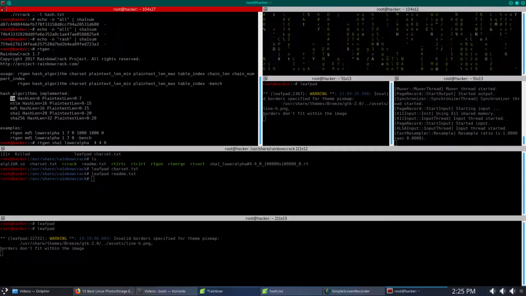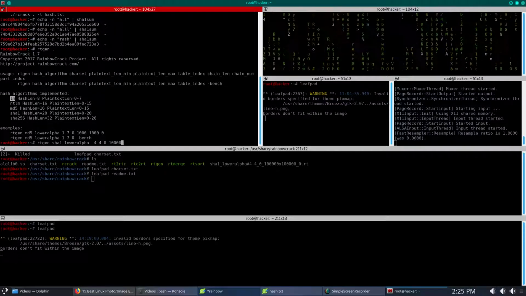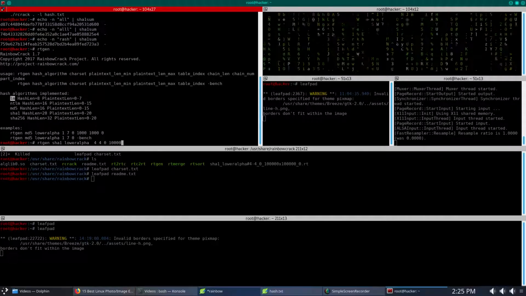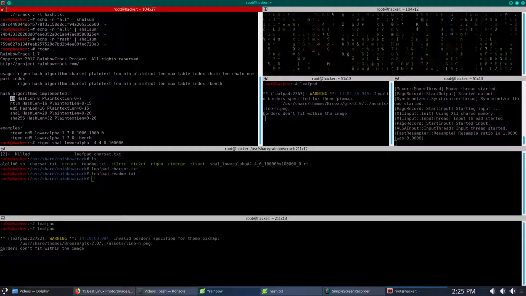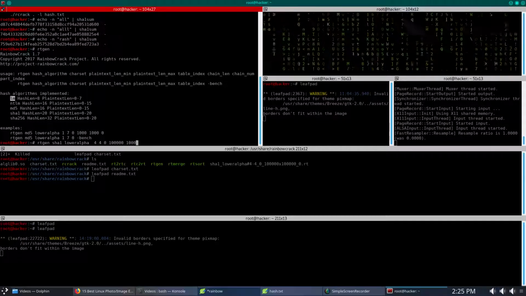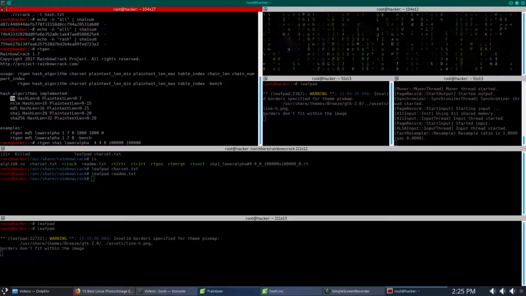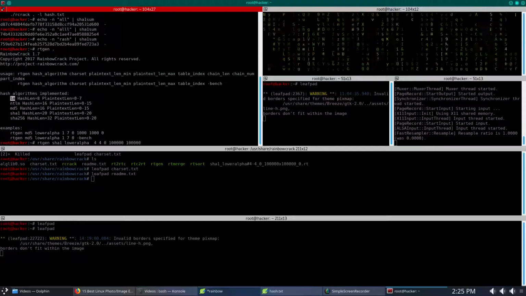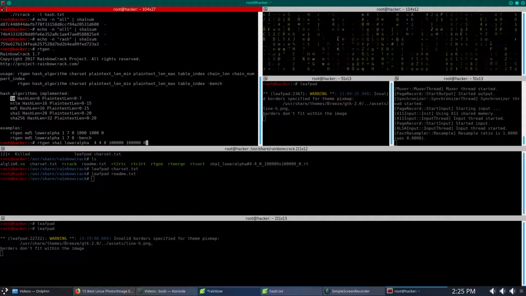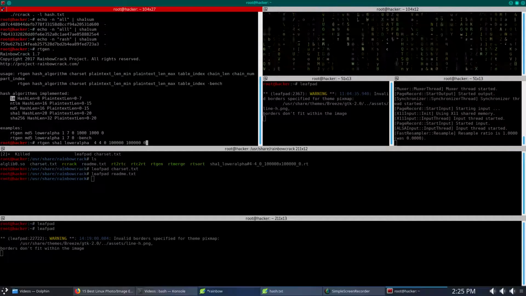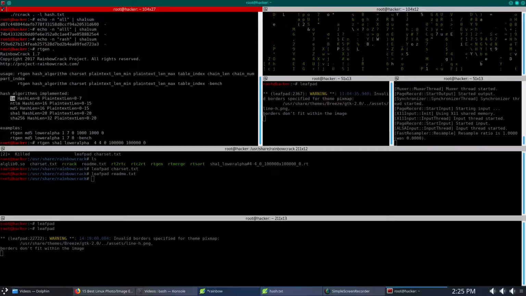That is, I want to generate like 100,000 out of the 4-letter keywords. So I'm going to write 100,000, and I'm also going to give it a chain length of 100,000, and a part index, that's the starting point, of 0. It could be any value. So you can run this command and you will see that you are going to generate a SHA-1